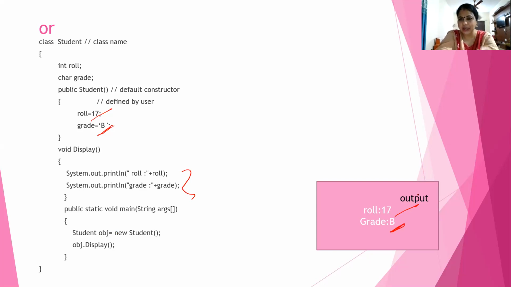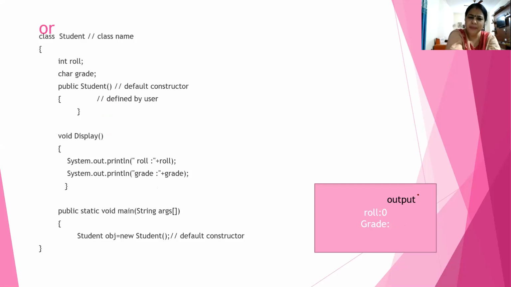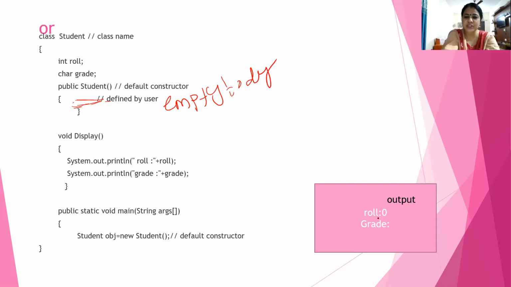Okay, so now you are clear. Through the constructor we can initialize with 0 and null, and also with a certain value. Now, if the default constructor has nothing, that is, if we do not mention any code and write an empty body, then also it is initialized. You see here 0 and quotes.